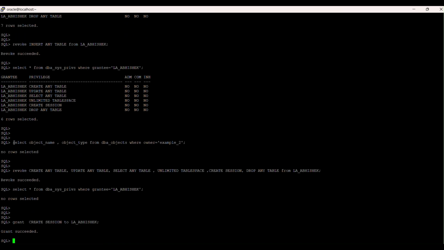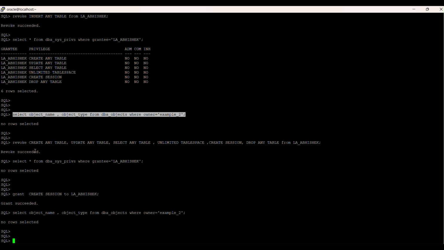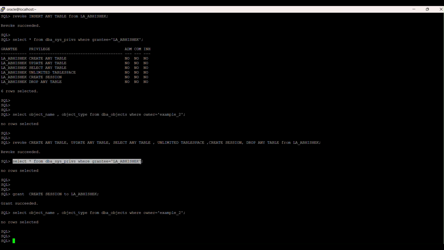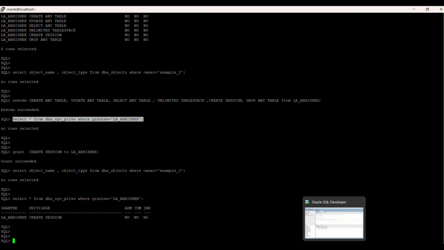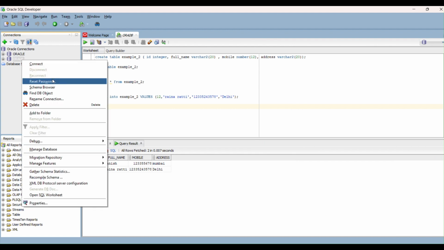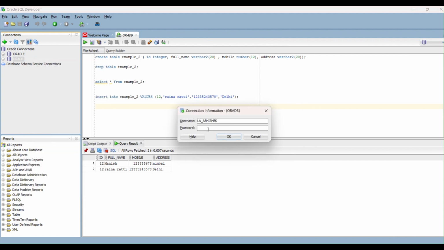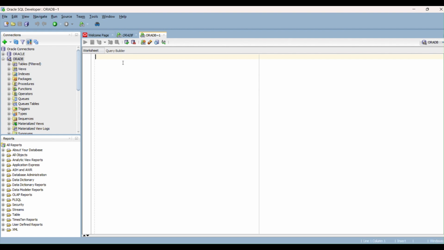Okay, so you can see we have the create session permission for this user. Let's try again to connect this user to the database session, passing the password. Here you can see user Abhishek is able to connect,